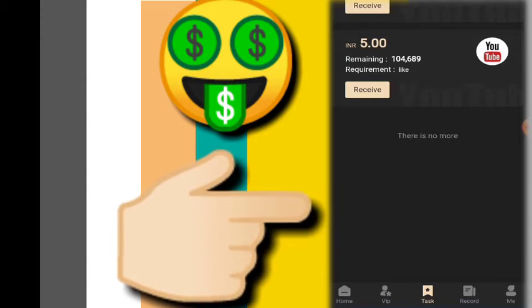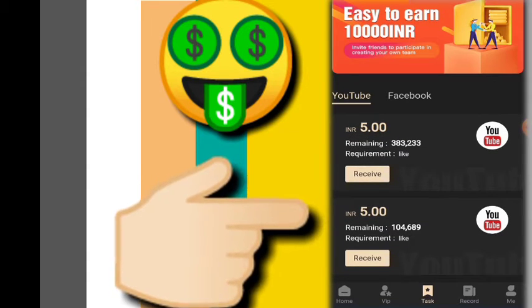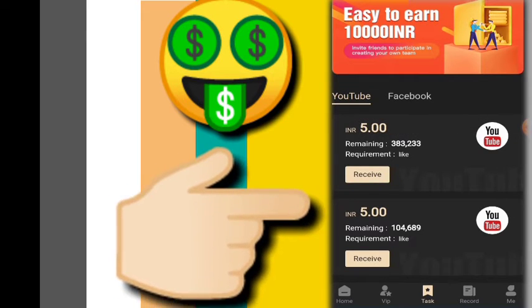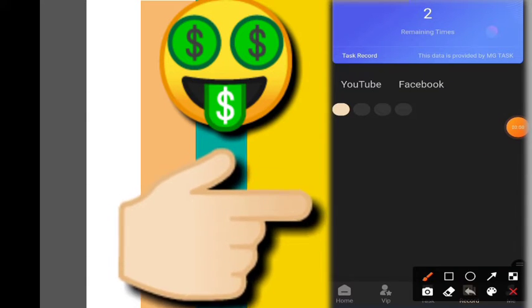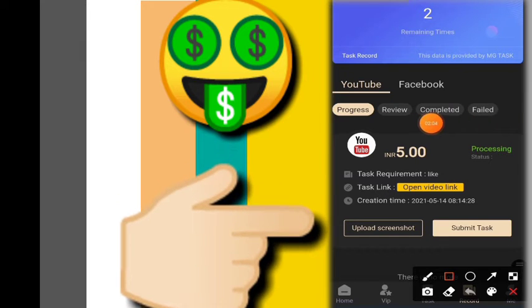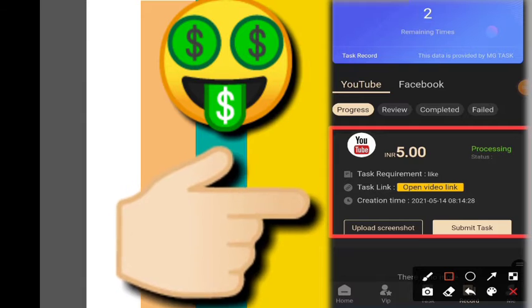Whenever you click on any receive, then you will get rupees, but a simple step you need to do. First of all, task received successfully, then go on YouTube, then in progress section you need to click on open video link, and you can see here